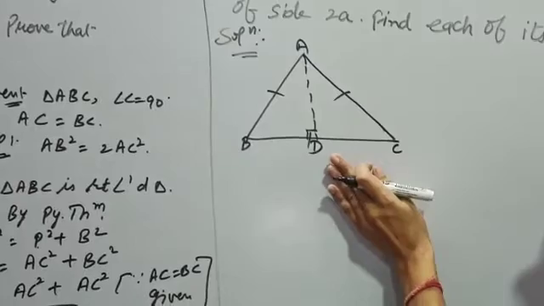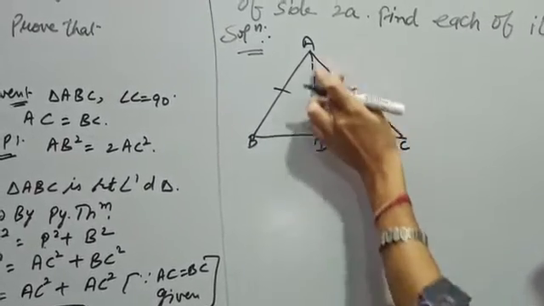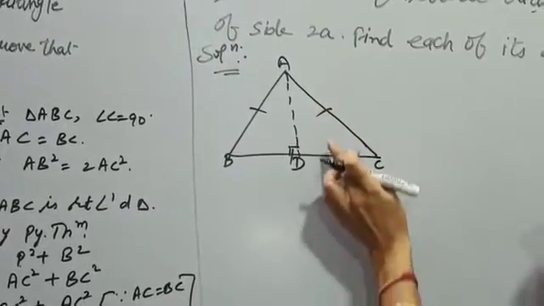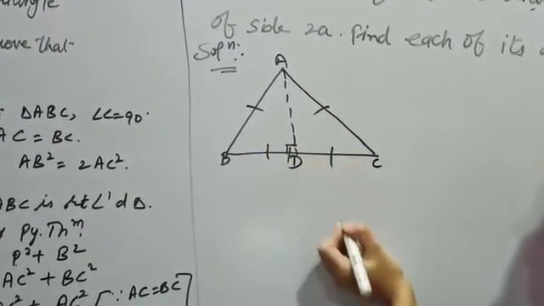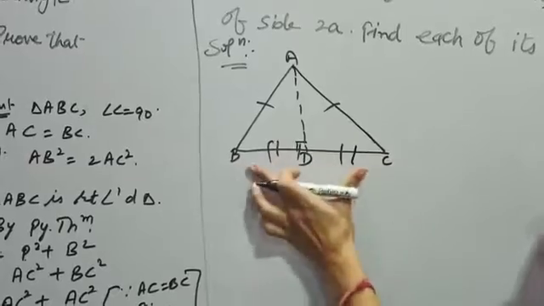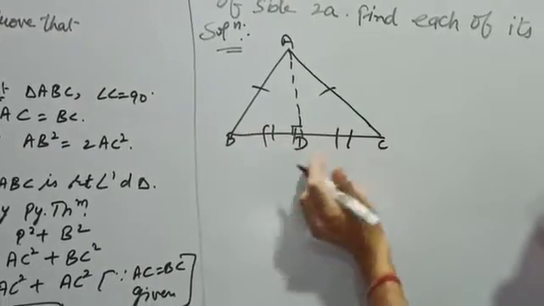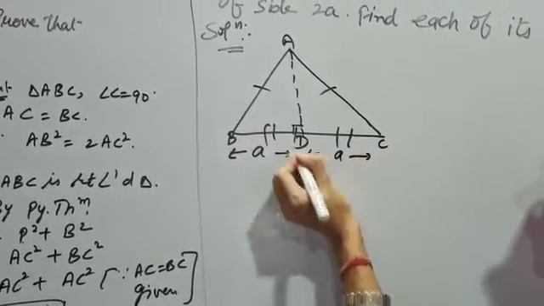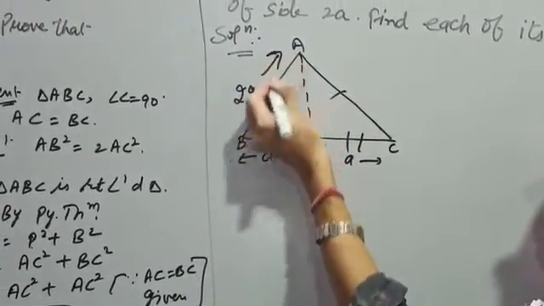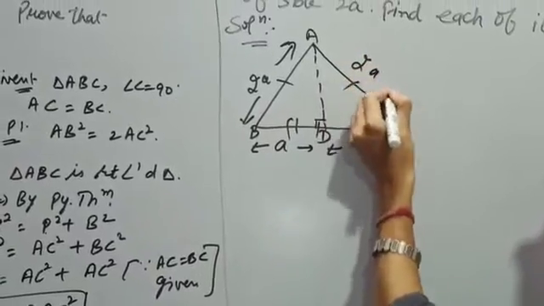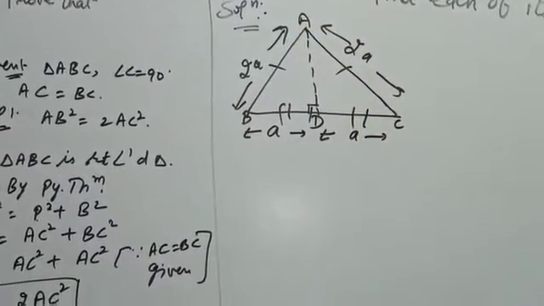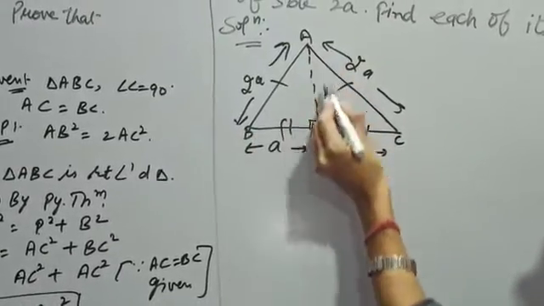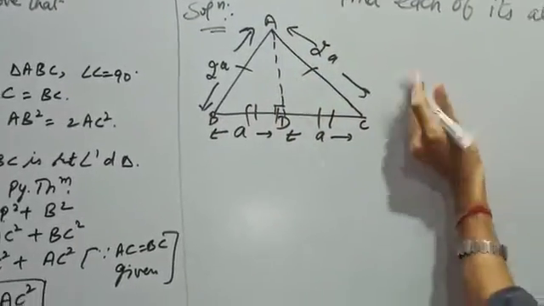So we know that in the equilateral triangle the altitude and the median are the same. So this implies it is also the bisector. So BC, this 2A, is divided into 2 equal parts. So we can write here this much is A and this much is also A. And as it is given all sides are equal to 2A, this part is given to us. Now we can see triangle ADB is a right angle triangle. Here we can do the solution.